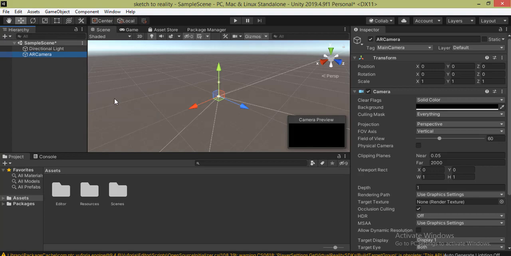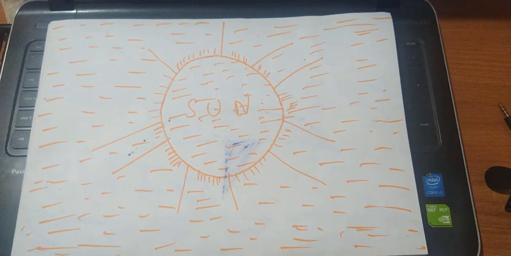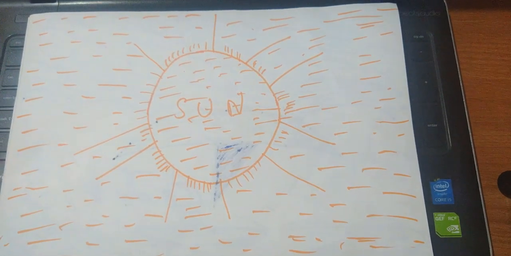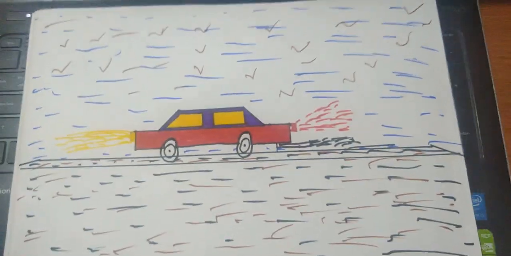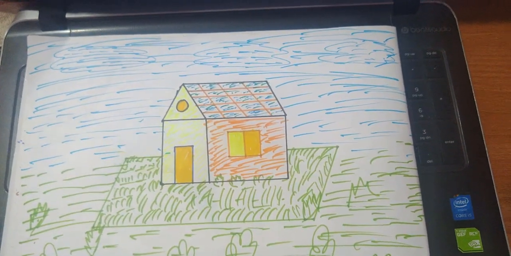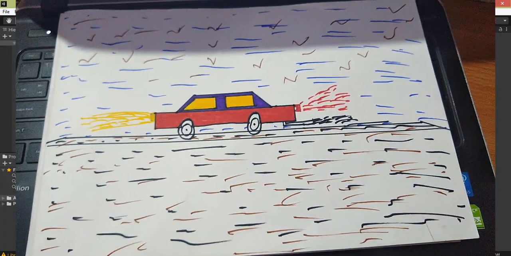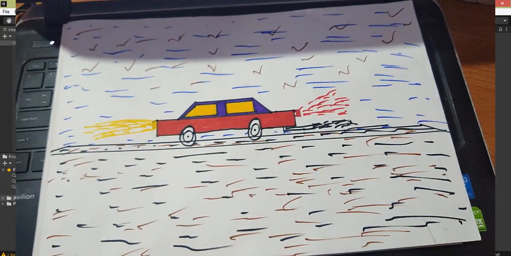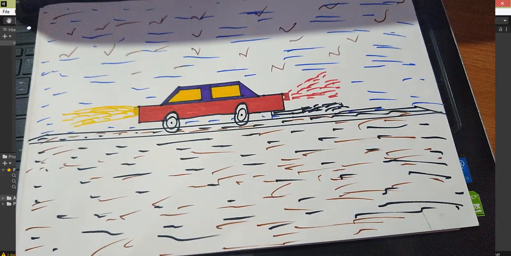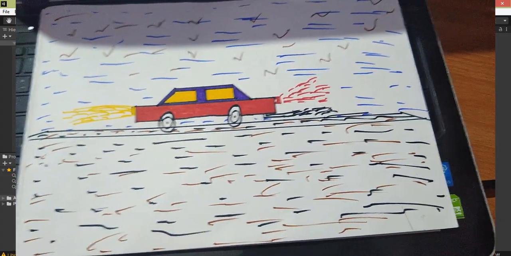You have to create your own sketchbook. As you see, I created a few sketches here, like sketches of a sun, ship, car and a house. I used a sketch pen here. I also suggest you use a sketch pen instead of a pencil or a ball pen, because the sketch pen is quite dark and it will also help you to get a good image rating.